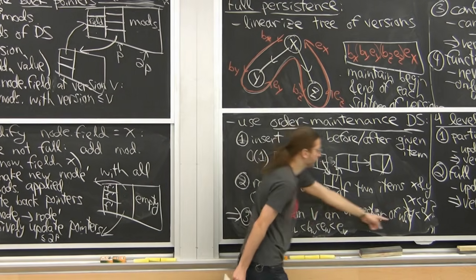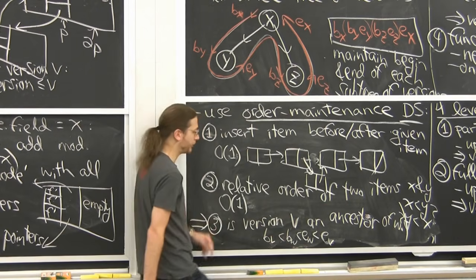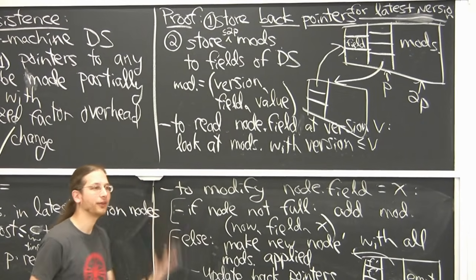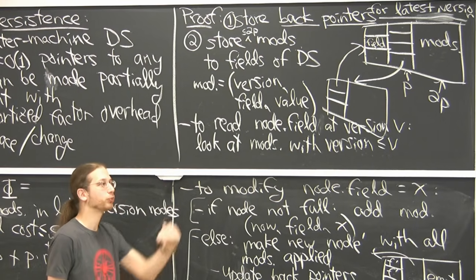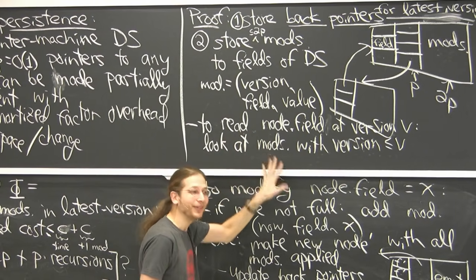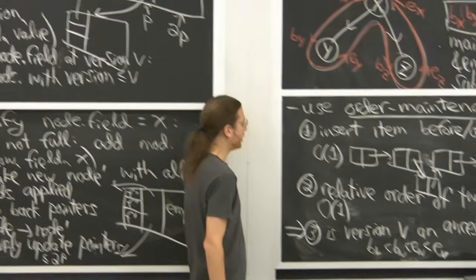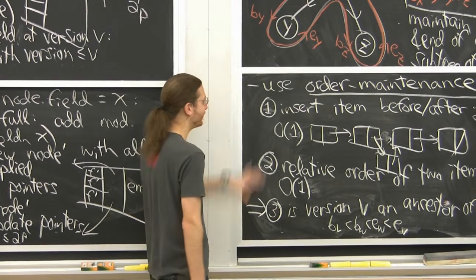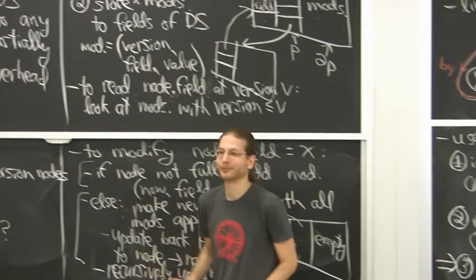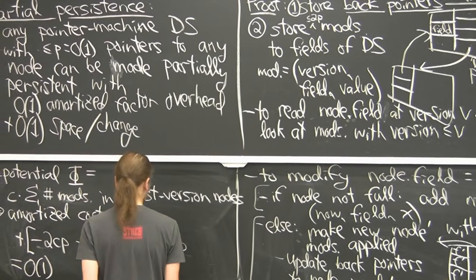So W is the version we're testing. V is some version in the mod. I want to know, am I a descendant of that version? If so, the mod applies, and I update what the field is. I can do all pairwise ancestor checks and figure out what is the most recent version in my ancestor history that modified a given field. That lets me read a field in constant time. Constants are getting kind of big at this point, but it can be done. Clear? A little bit of a black box here, but now we've gotten as far as reading. And we don't need to change much else. So this is good news.